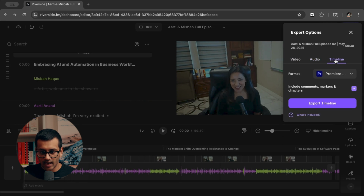And now let's take a look at the timeline export. This is particularly useful if you are using Riverside in conjunction with another software, which I very commonly do, and a lot of people do it, which is why they have made this. So you've got Premiere and you've got Final Cut. Now, what's crazy is there used to be Descript in here. And as you can see, they're now competing with it in many ways, where I don't see that as an option. But anyways, the Premiere